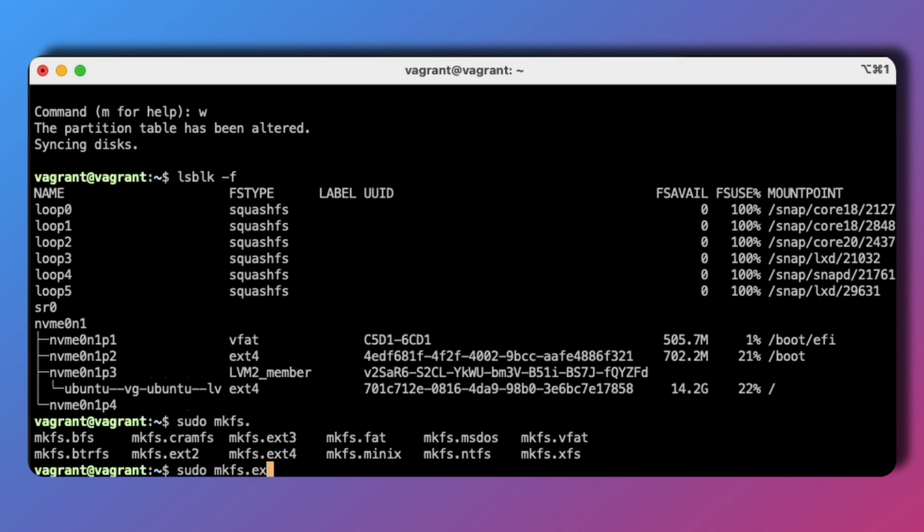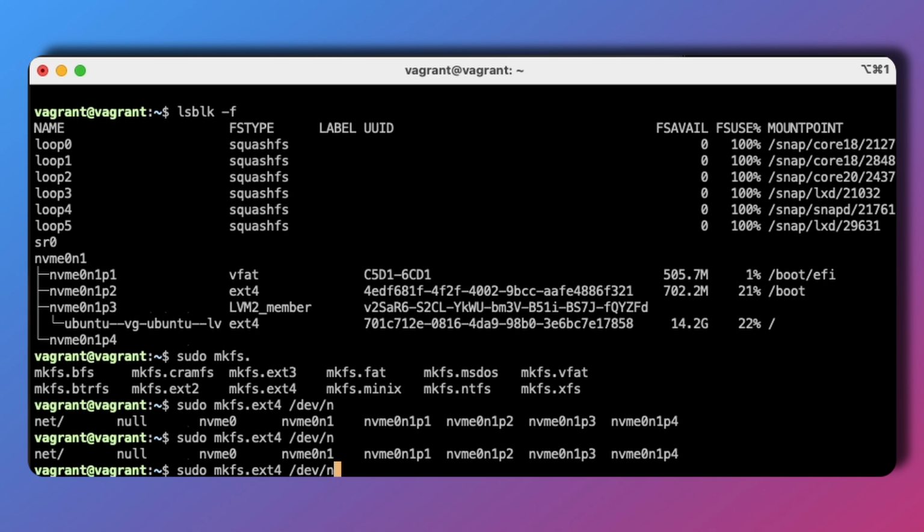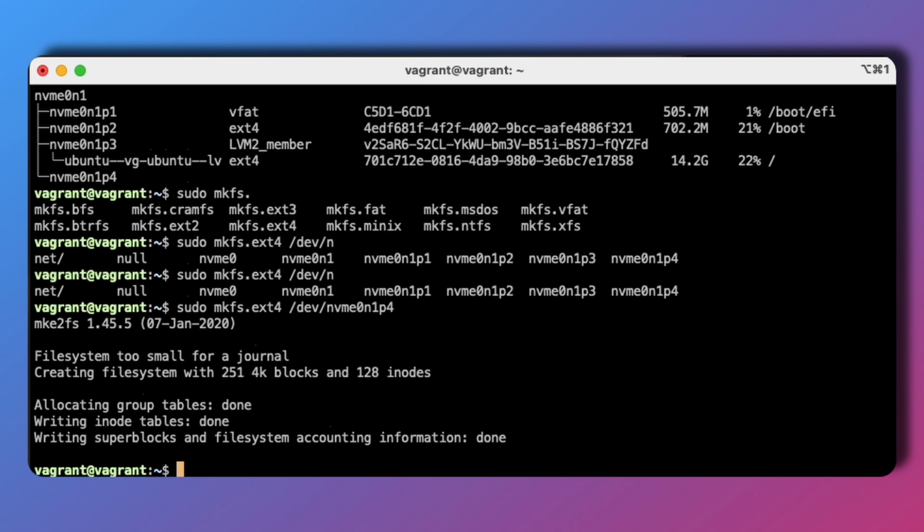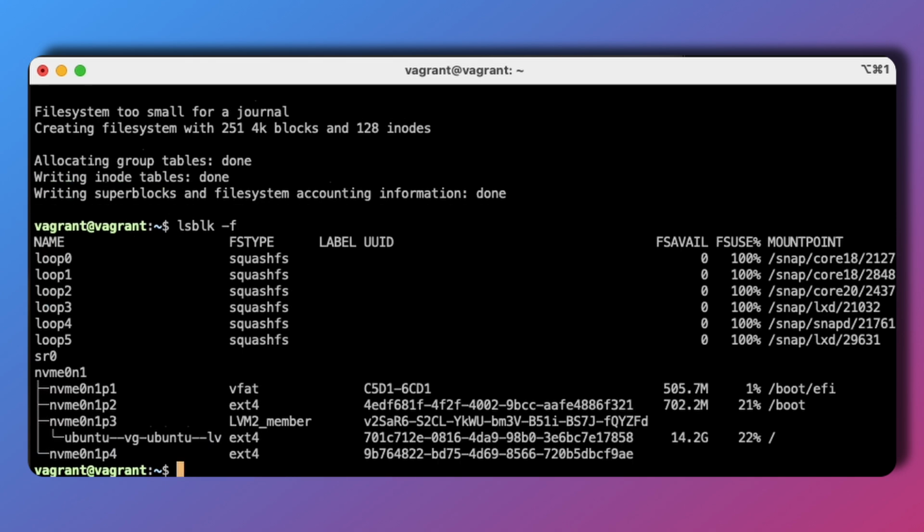And now I'm just going to put the sudo mkfs -ext4, and now I'm selecting the path to our partition. So in this case, the partition that we just created, which is the partition number 4. This operation really prepares the partition to be used by this specific ext4 file system structure. Having that already, we can check in the lsblk that ext4 file system is already installed on our new partition. Now we can move on